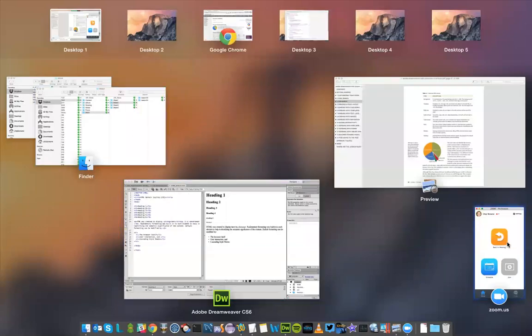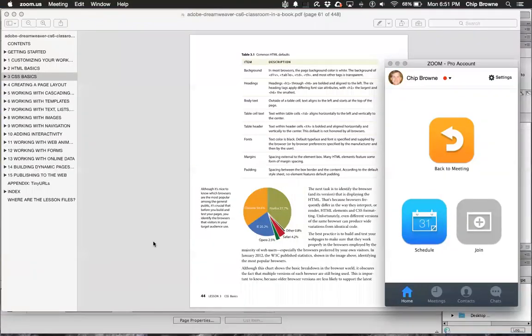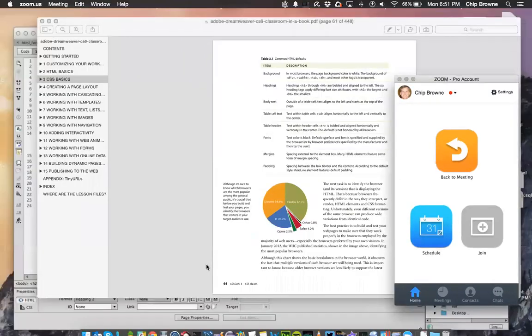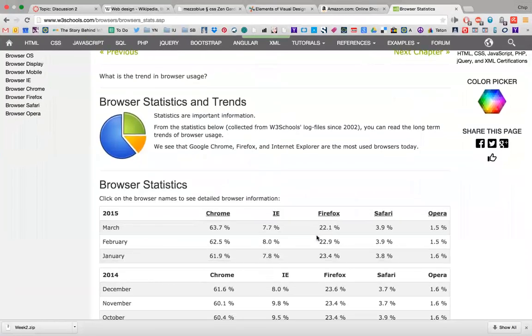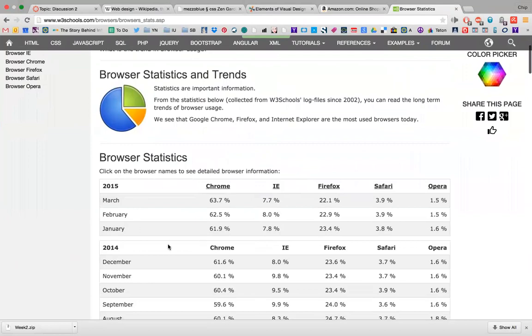Let me chat it to you. See, it's important because when you are a web designer, you have to anticipate how popular the browsers are that you're creating for and make sure it works in. And this changes